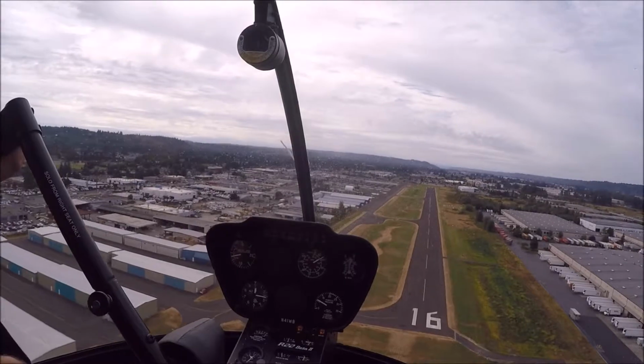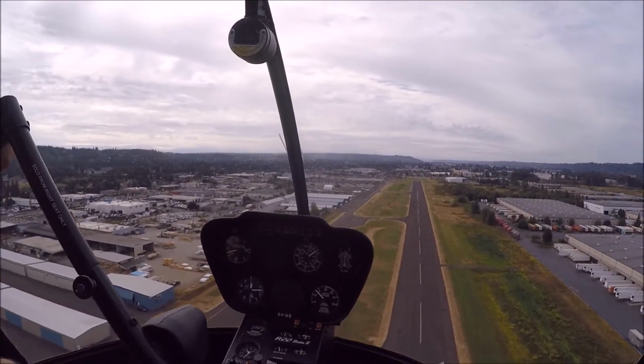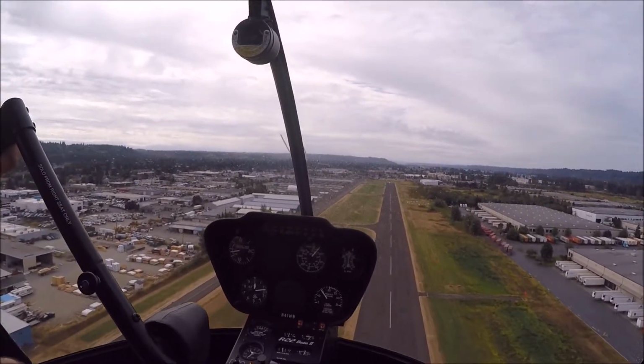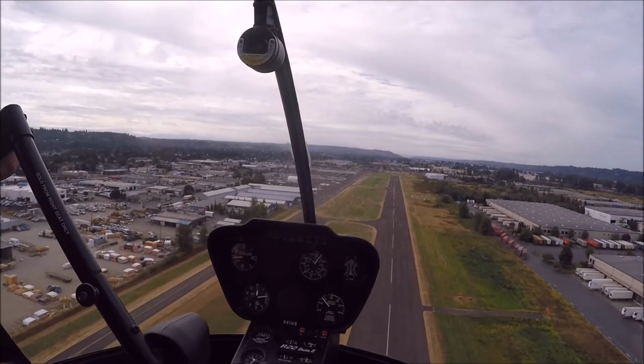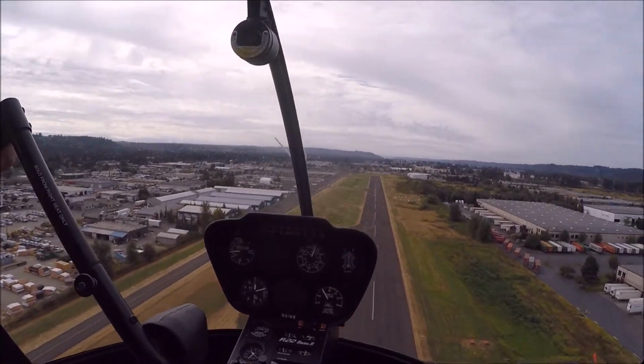And I'm playing with the collective. There's some up, there's some down. It just depends on what happens. So I'm looking out. I want to keep this. Basically, we're on a hill, like an exactly straight hill, hypotenuse, right down to that windsock. Yep. So I want to continue kind of slowing down, but without ballooning up or moving the nose up like